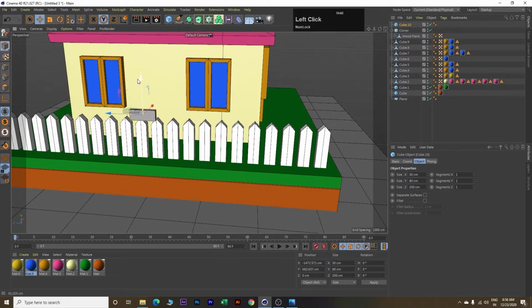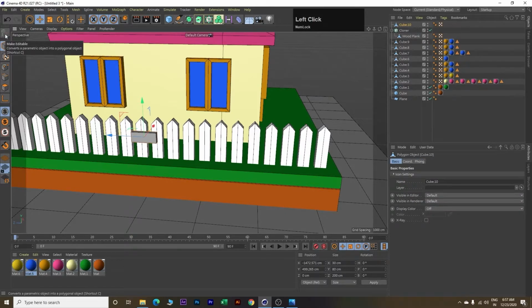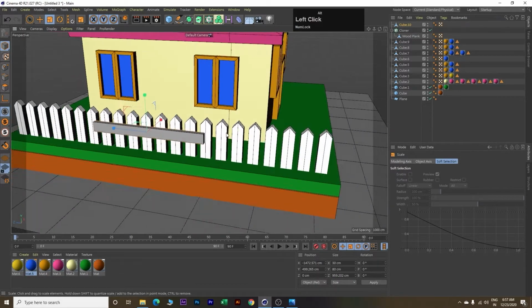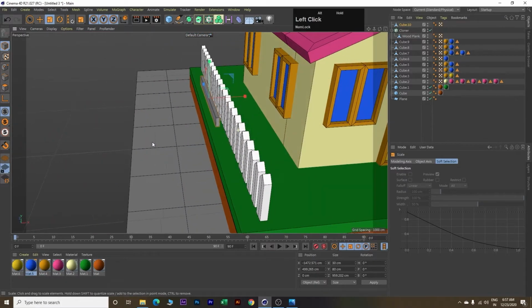Now move this downward. Make this cube editable by clicking on this make editable button here. Click T on your keyboard and increase the size of this cube. Next, place it in its correct position.